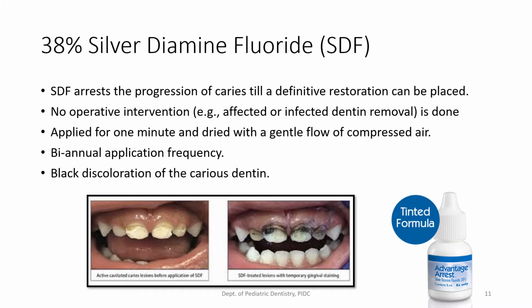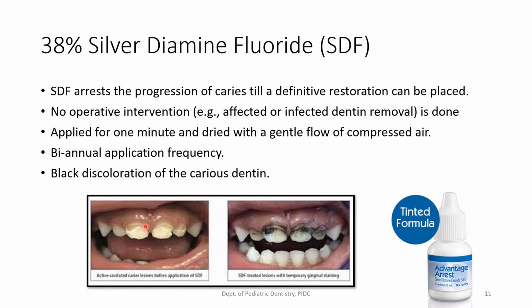And when you are applying silver diamine fluoride, no operative intervention is required. So that means you don't do any caries removal at all. You just simply apply silver diamine fluoride for 1 minute on a clean, dried tooth, and then dry the solution with a gentle flow of compressed air, and that is done. And you can do it twice in a year, but the only problem is, like I showed here in